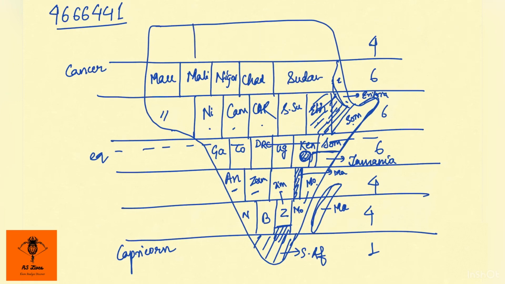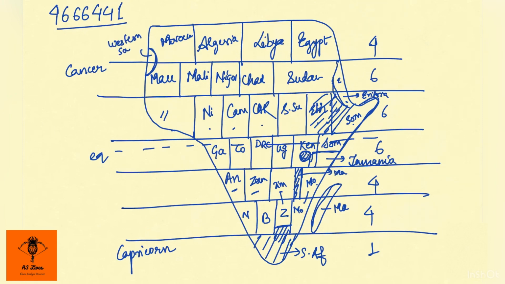And then again 1, 2, 3, 4. This is Egypt. This is Libya. These are the bigger nations and more important from the point of view of current affairs because there are civil wars going on in Libya. Algeria. And here we have Morocco. There's a cutout over here which represents Western Sahara, and a little bit over here which is Tunisia.